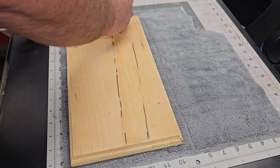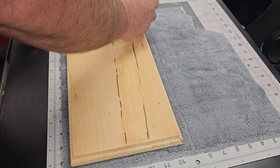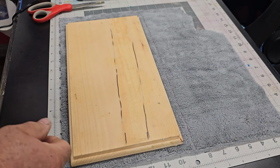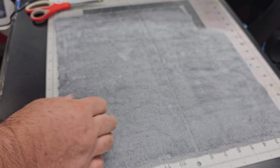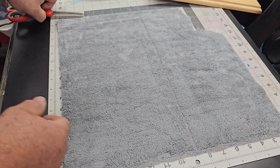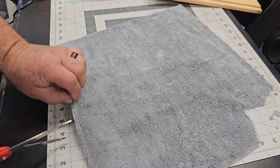We're going to do the same thing here. Let's bring these together. Okay. Something like that. Okay, now get that out of the way. So you can see we got a line there. Oh yeah, that's crooked as it can be, but hey, it'll work. I'm okay with that. So we're going to take this and cut this